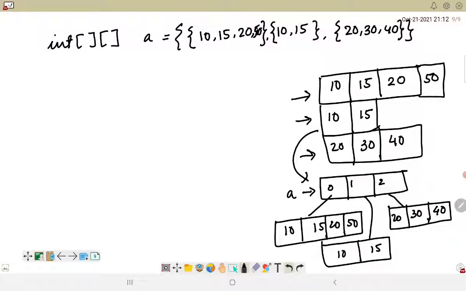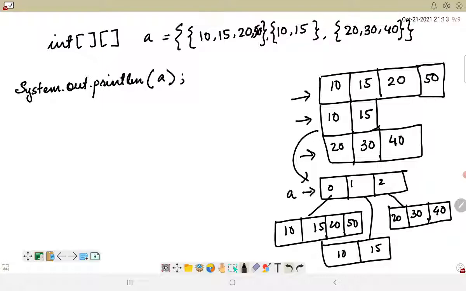So now if I want to print the values of A or print the array elements which are present in A, what do you think should it be? How do you think we can retrieve the elements of this array? So for this, I want to print using System.out.println. Suppose now I want to print the values of A.